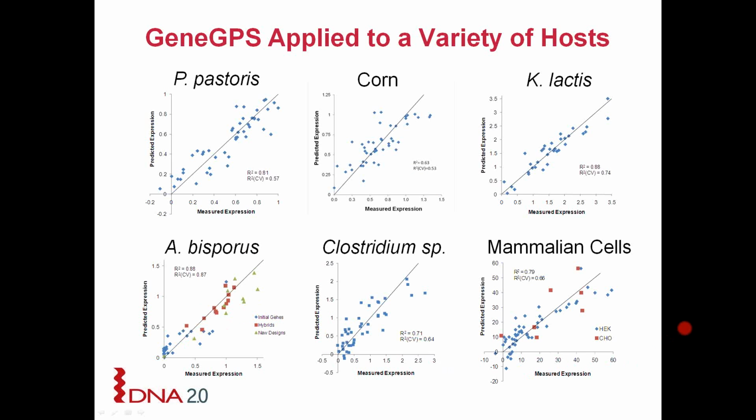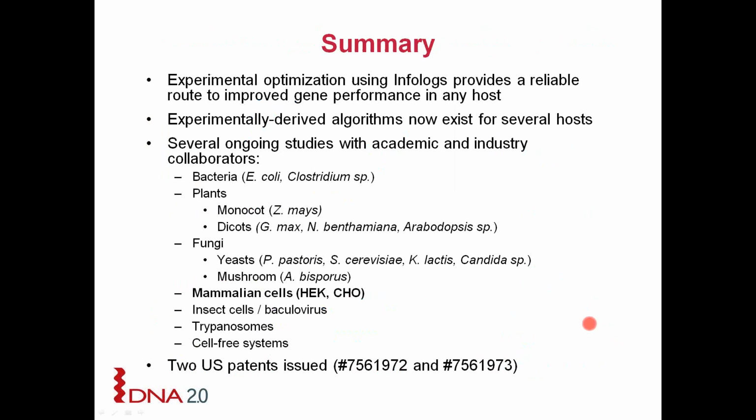Our big push these days is in mammalian cells. So we have a lot of effort going right now over this year to really build up our knowledge of the preferences of mammalian cells. And we hope by the end of the year to have more data in mammalian cells than we have in E. coli. So just in summary, our approach of experimental optimization using interlogs has shown to be very reliable for